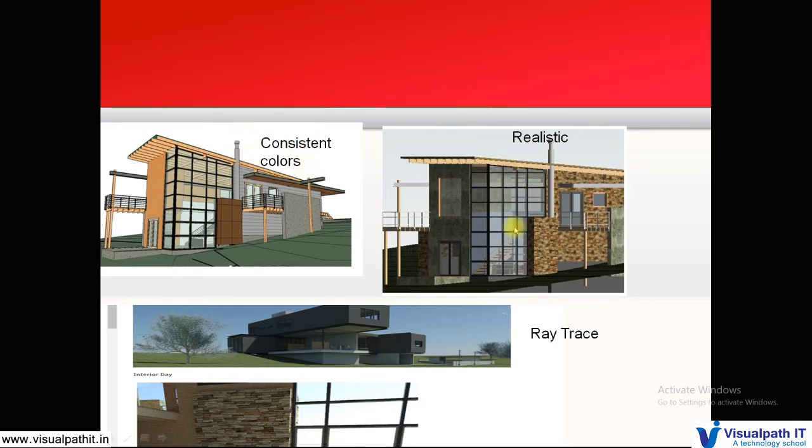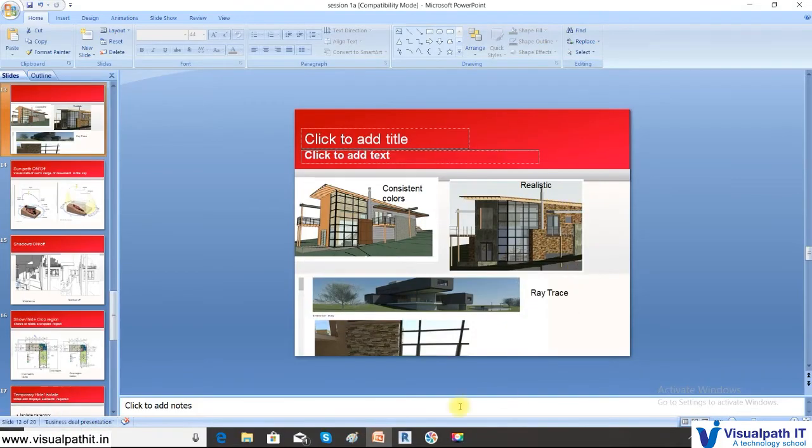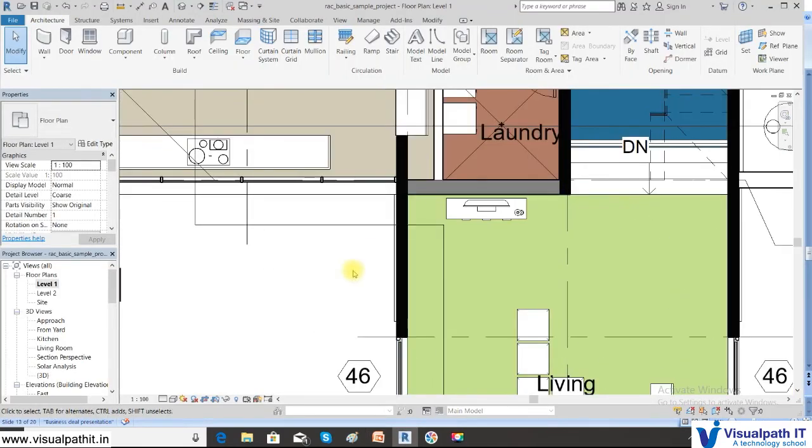Here we have the realistic view. So as you see on the real view, that's called realistic, and the ray trace is based on the effects of the sun. There's one interior, there's one exterior ray trace, you can immediately see the effect when you like a rendered view. So different options of visual styles are available in this. So let us go back to the software and see how that is happening.